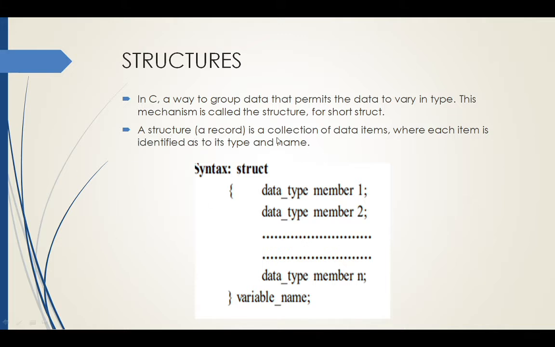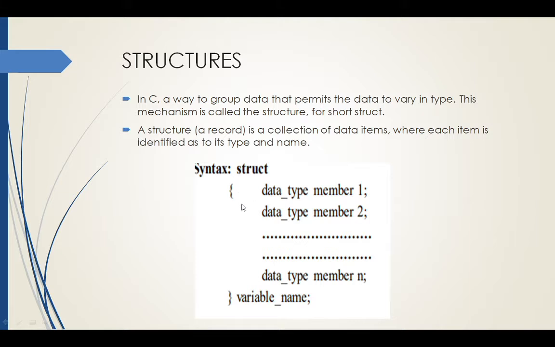So the definition of a structure is what? A structure is a collection of data items where each item is identified as to its type and a name. The syntax to declare a structure is: first, you use the keyword struct, which tells the compiler that there is a declaration of a structure variable. Struct is followed by an open brace.